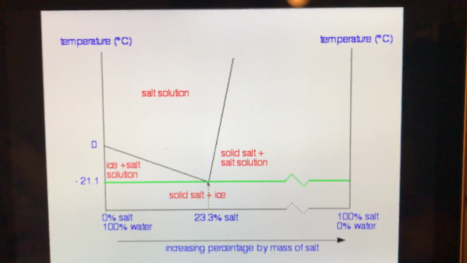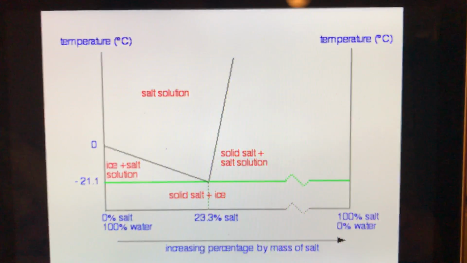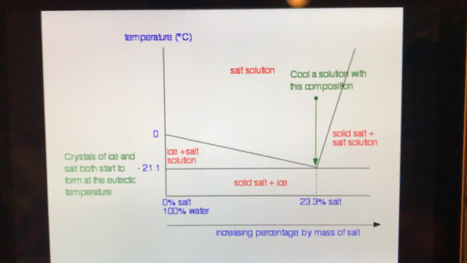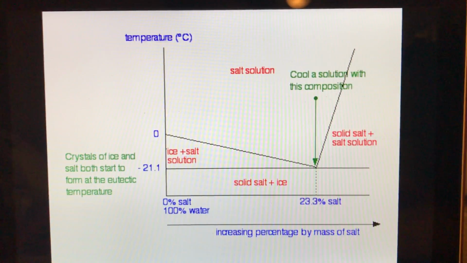And basically, the phase diagram is used to find out what happens if you cool salt solutions of a particular concentration. Like at the eutectic point in this diagram, you'll start to get both ice crystals and salt crystals forming. If you keep cooling it, you will obviously end up with a solid mixture of ice and salt, but you are